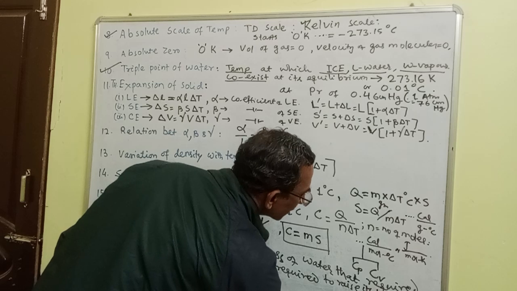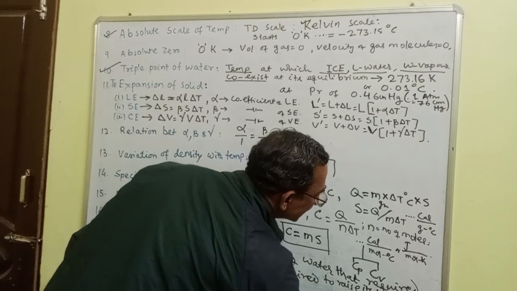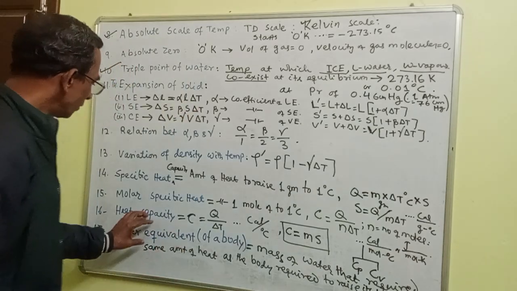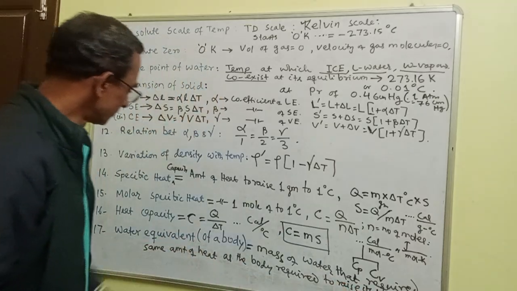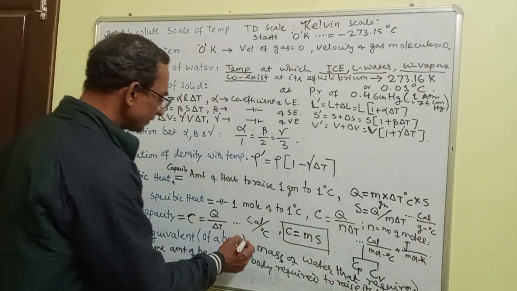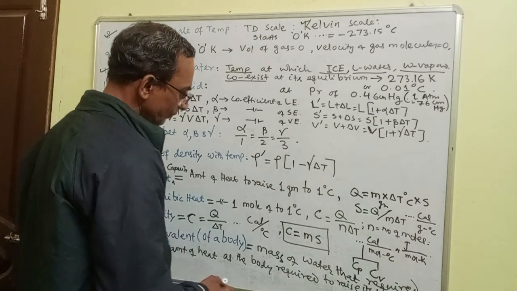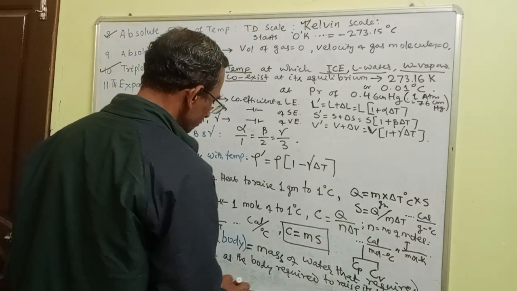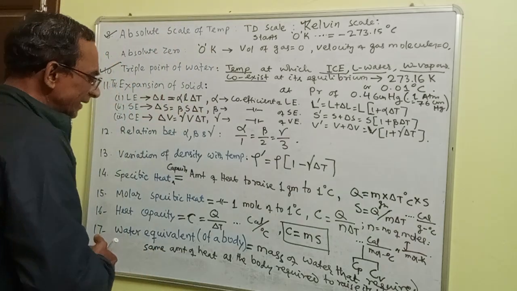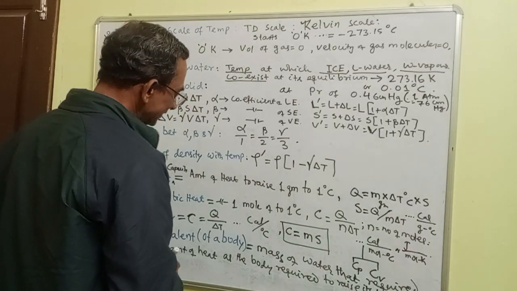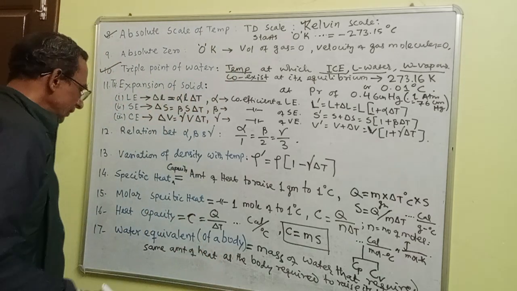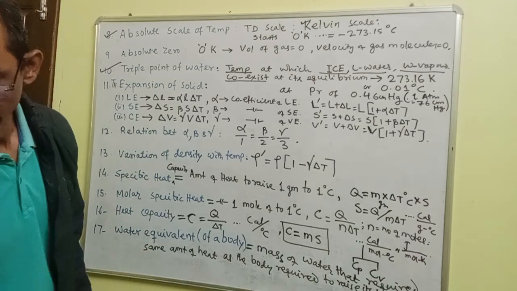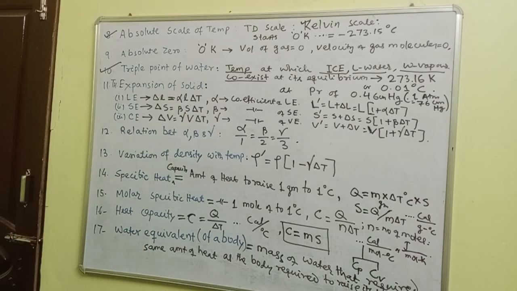This means the heat the body needs to increase its temperature by 1 degree Celsius, when that same heat is given to water, the water will also increase its temperature by 1 degree Celsius. What will be the mass of that water? That mass of water is the water equivalent of the body. So normally what will we get? That means we say